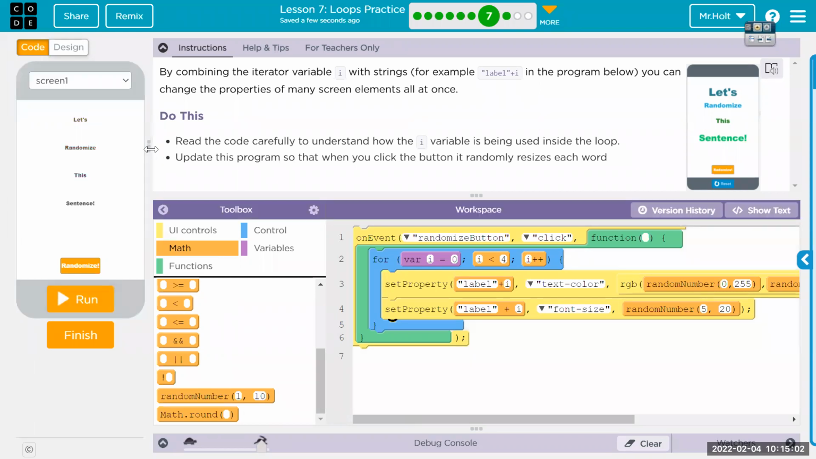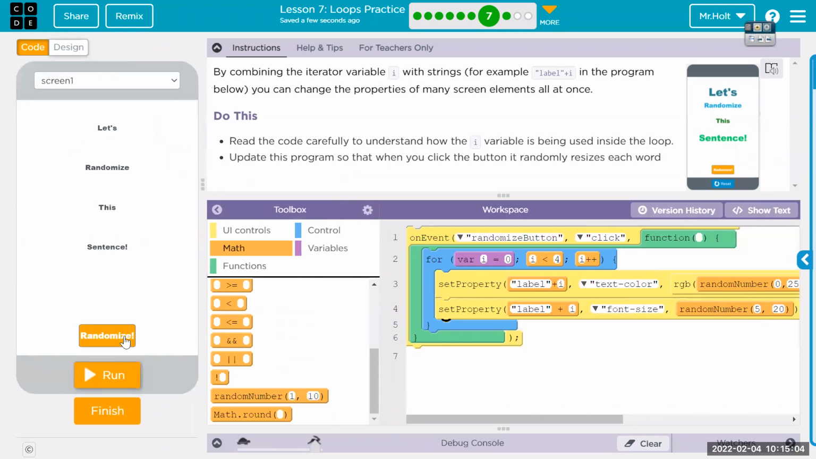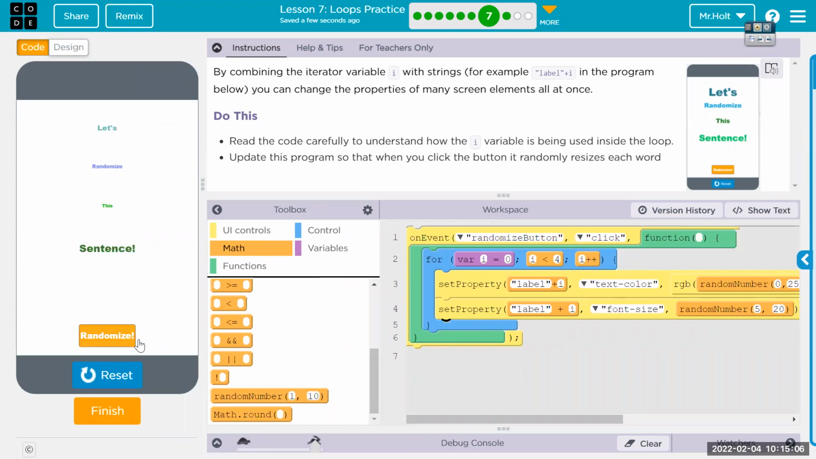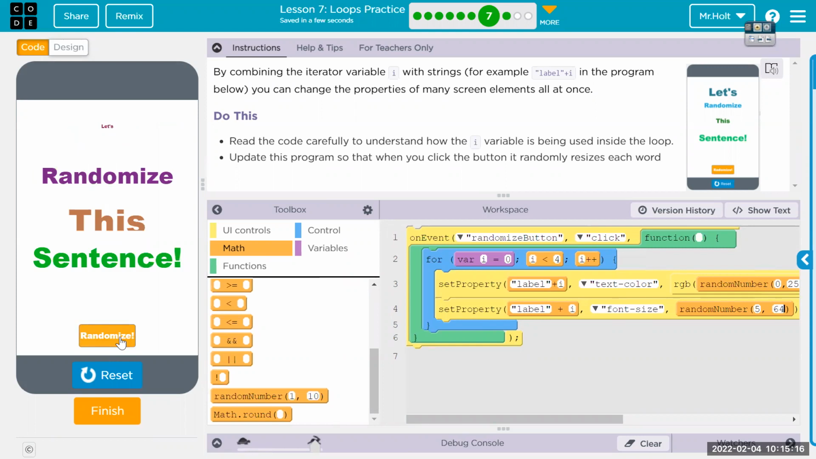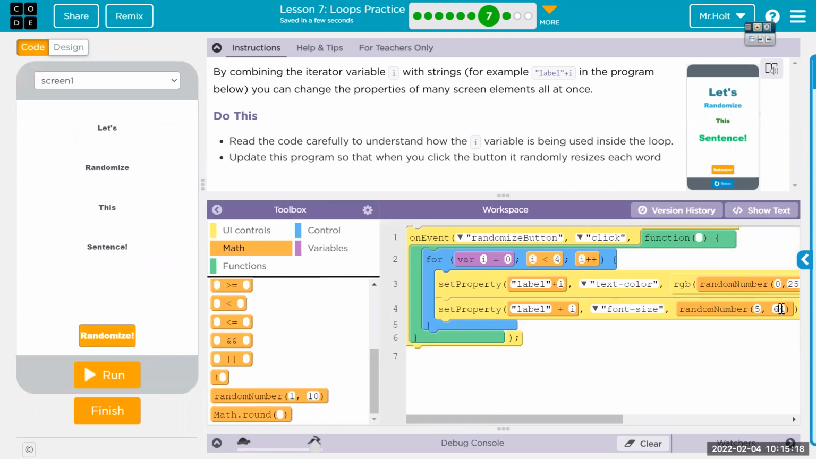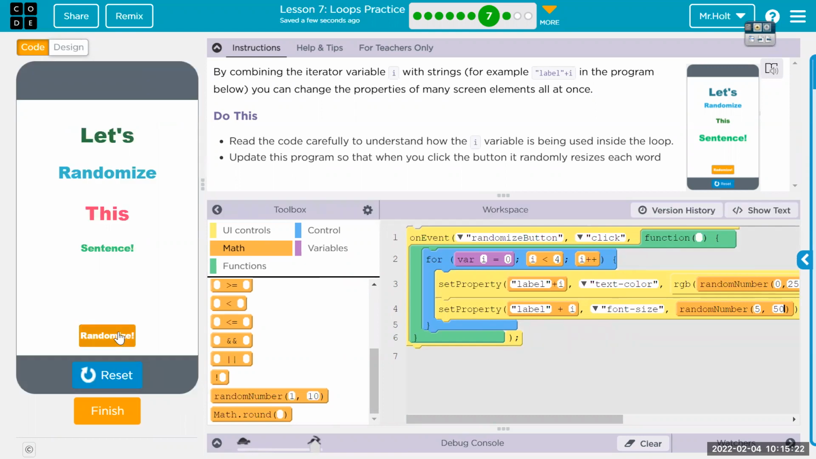So we hit reset and run. And it's giving us a random size. I'd like a bigger variance. Let's do between 64. That's actually too big for the text areas, but find something that has a good variation. There we go. And each time through, it's picking a random number for each I,